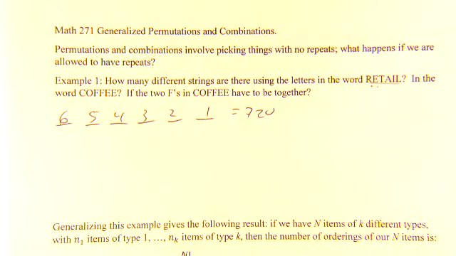Now, coffee is different from retail in that there are 2 Fs, but you can't tell the difference between the 2 Fs, right? In retail, you can tell the difference between the T and the A, for example, or between the I and the L because they're different letters. But here we have an F that is used twice. So coffee